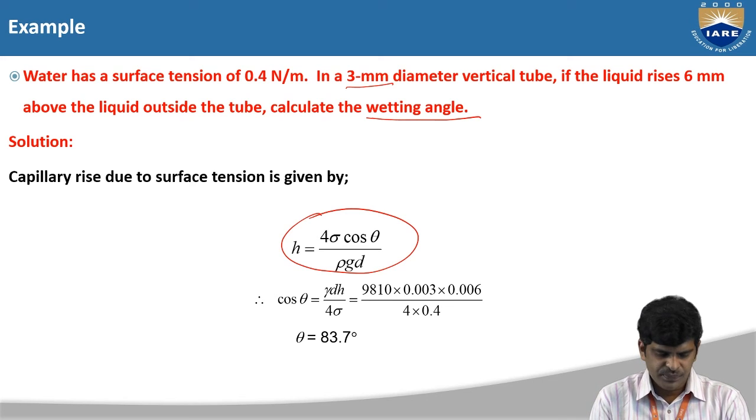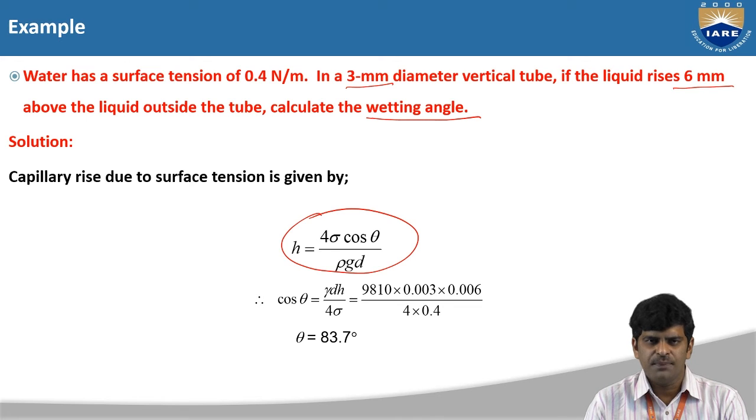Next, the rise of the liquid has been given as 6 mm. Rise means that with respect to the fixed surface, the liquid has risen to an extent of 6 mm due to the immersion of a thin cylindrical rod into the liquid. That is also given in mm, and therefore it has to be converted again into the standard units, that is meters.